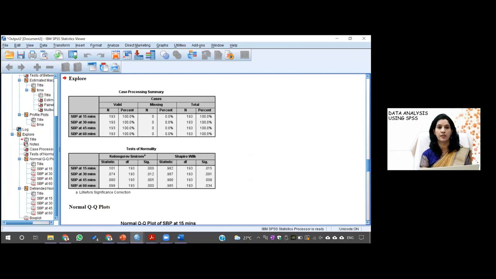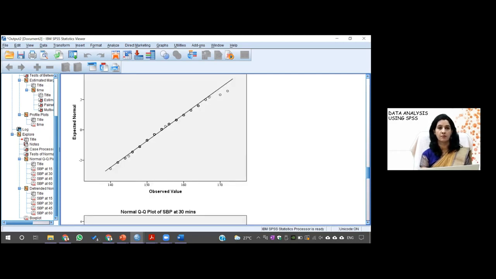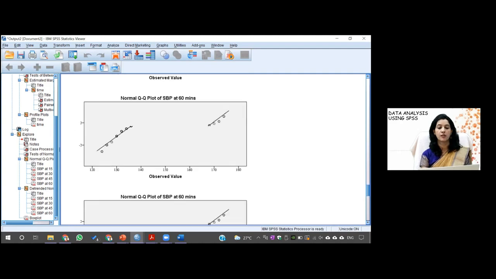So in the output, you can see there is a value of Shapiro-Wilk test. You can see from the Shapiro-Wilk test that none of the variables is normally distributed. Can you see? All the values of P are less than 0.05. So if we comment on normality after seeing this Shapiro-Wilk test, we will conclude that the data is not normally distributed. But the sample size is more, it is more than 50. So we will apply the visual inspection of QQ plot. If you see the visual inspection of QQ plot, you can see that the data is